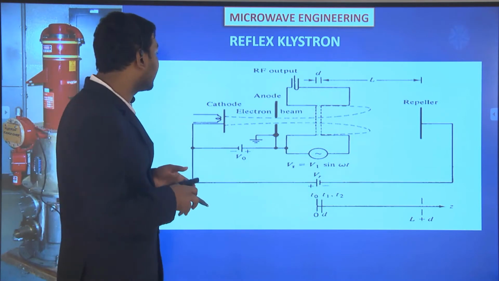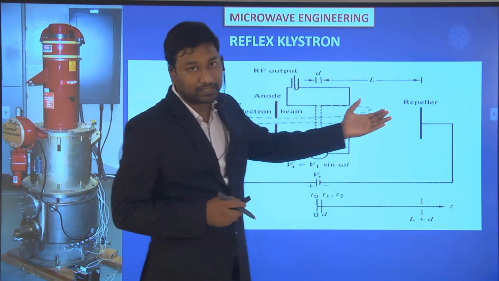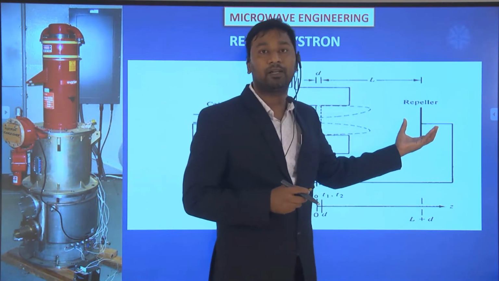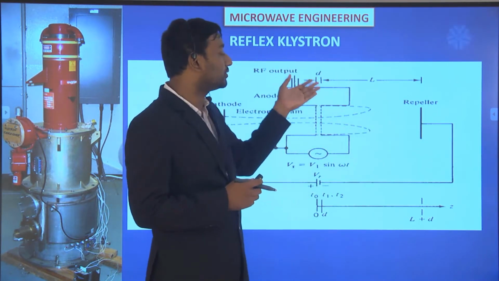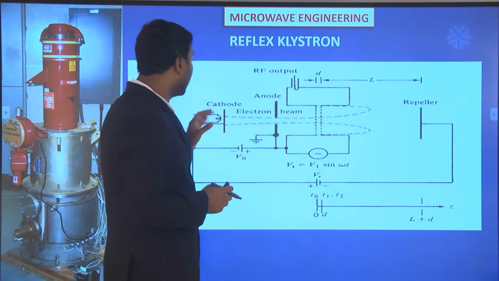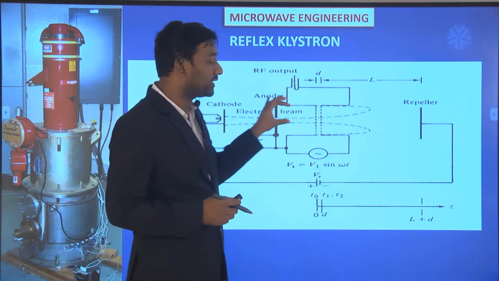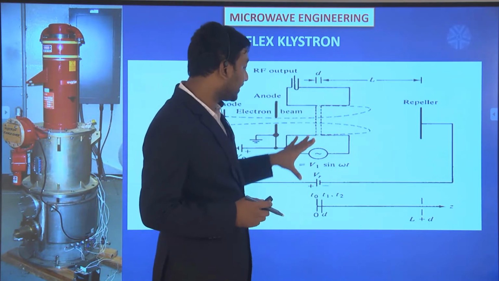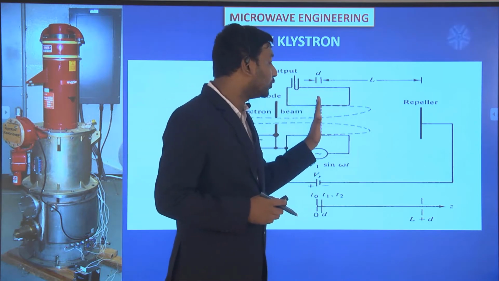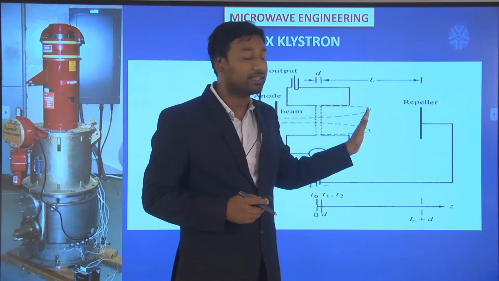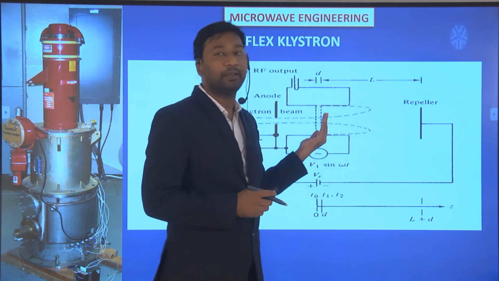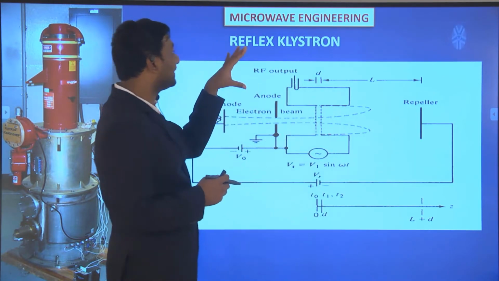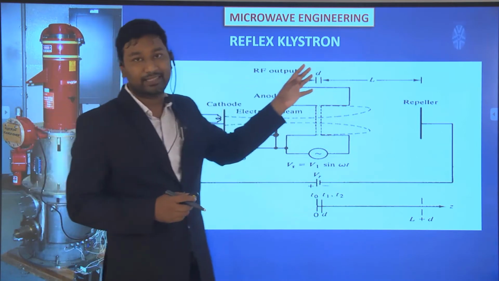The function of the reflex klystron is that a reflector, or repeller voltage, is placed. Due to that repeller voltage the electron beam comes back again to the cavity walls. The electron beam passes from the cathode through the buncher cavity, where velocity modulation takes place, but due to the repeller the electron beam comes back again. So those are the things going on in the reflex klystron oscillator.